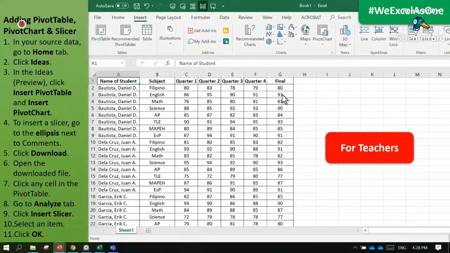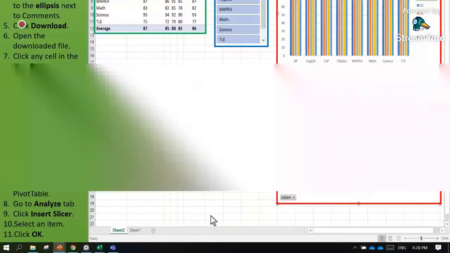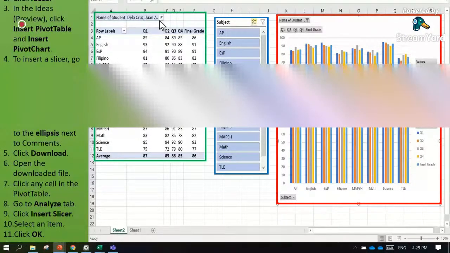Like if you are going to only view the grade of a specific student, say for example a parent will ask for an update of his or her student, so for you to filter your record on the grades of the students to only show a specific learner, you can also use a pivot table and show the data in a chart like this, because showing the data visually can be more effective in analyzing the performance of students, right?